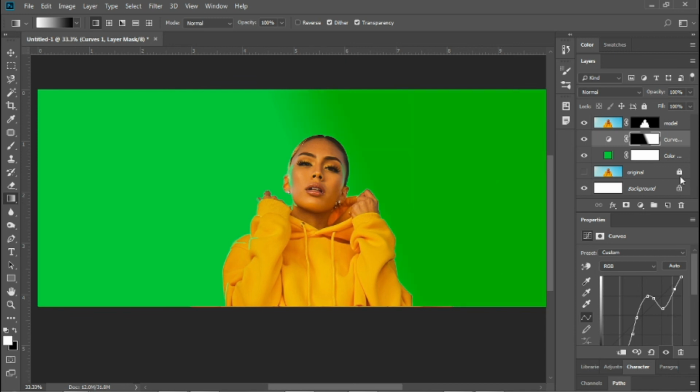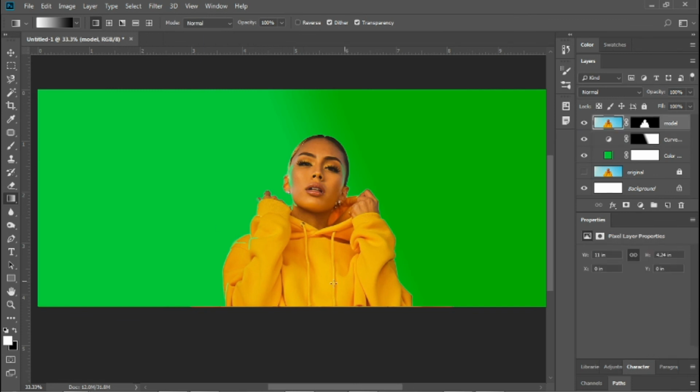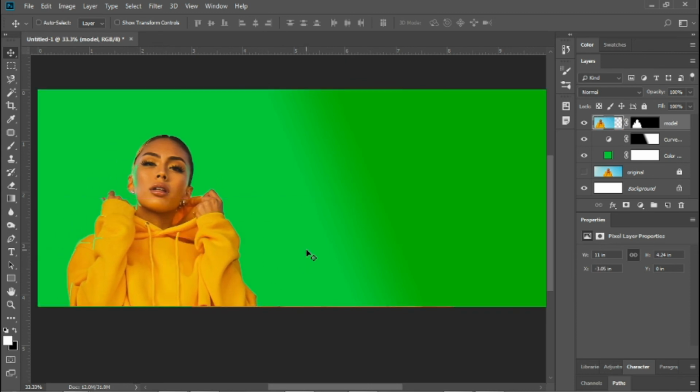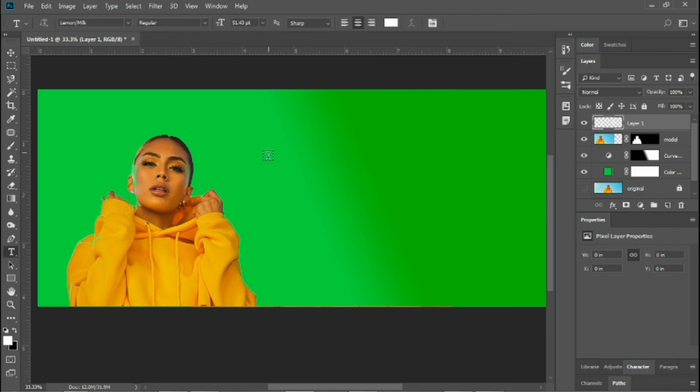So there we go, that's a quick way of how to mask an image, how to remove it from its original background, and now you can place her anywhere you like. And if you even want to, now that this is kind of like a billboard, you can add some text to it. So let's do that while we're here. So open up a new layer, click on this, and you can type anything you like. Let's type in